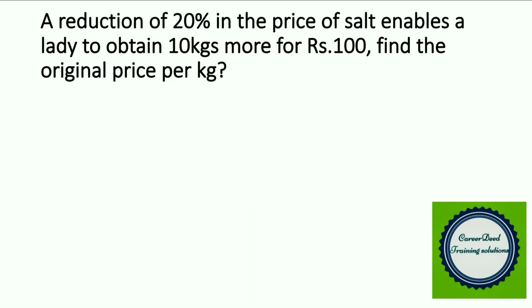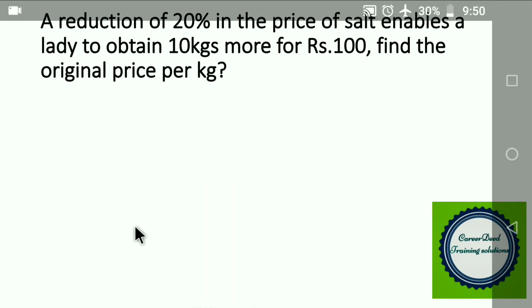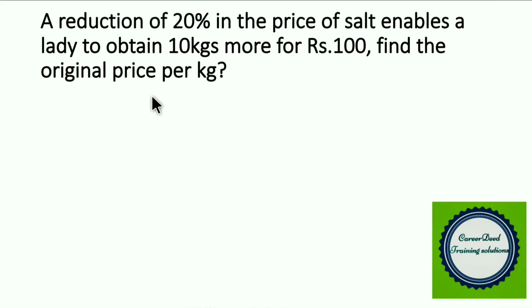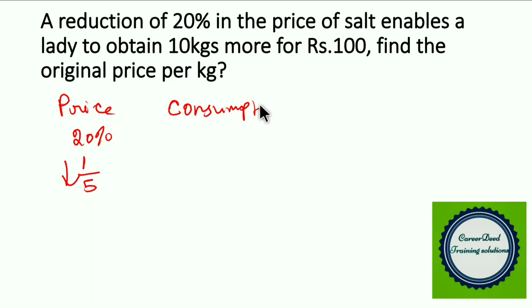Hope you got the point. Okay, now the price is reduced. The price of the sugar or salt is reduced by 20%. Right? So if price is reduced by 20%, we can say this 20% is 1 by 5. So when you convert this percentage to fraction, you can write this as 1 by 5. Okay, so if price is reduced, we can say the consumption will increase, right? So if one thing reduces, the other thing will increase. So here the consumption will increase.